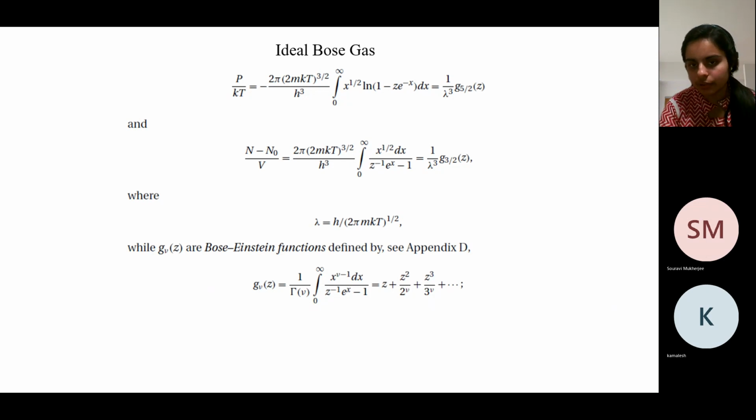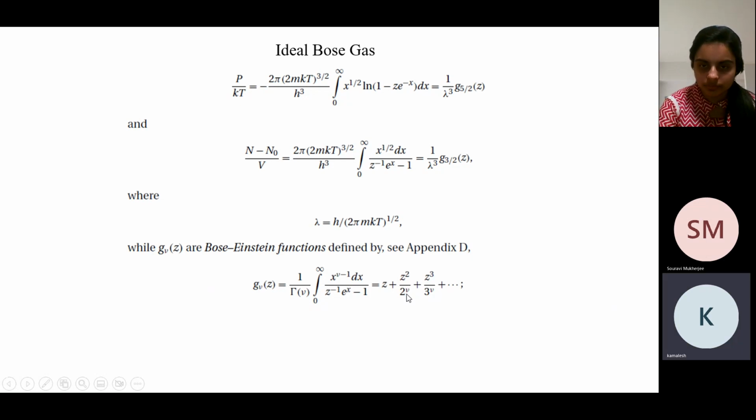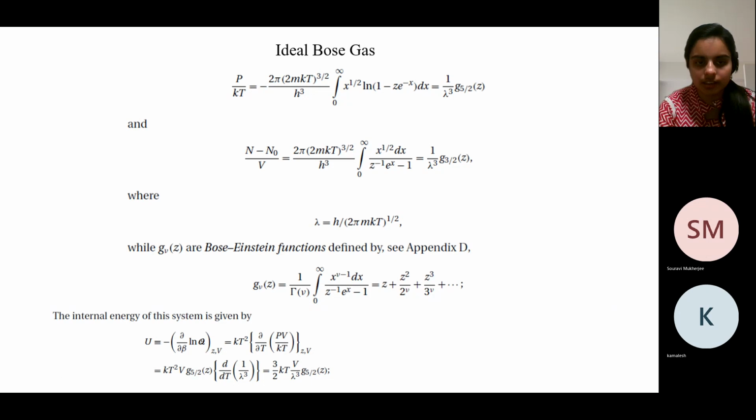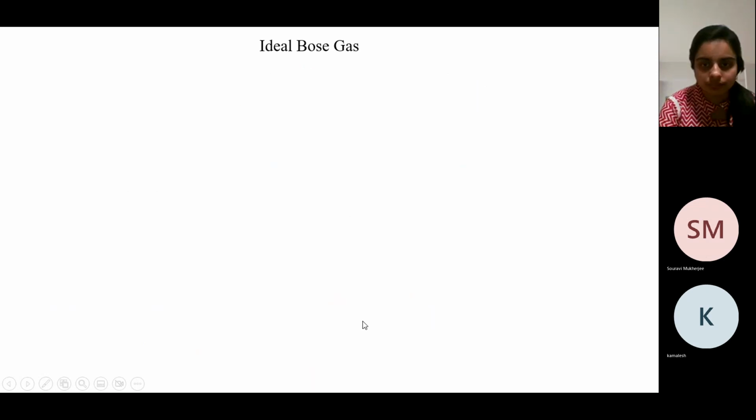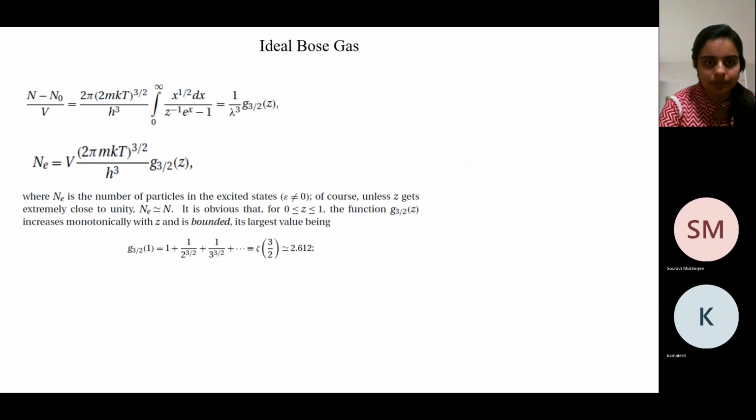And when do you get that? You get that when z is equal to 1, right? Yes, ma'am. So this is not important currently. This is just using the partition. But now this is your expression for g nu. So now what you can do is, considering the case when z is equal to 1, you put z equal to 1, right? That would give you a series like this, and that is called zeta of the corresponding nu value.